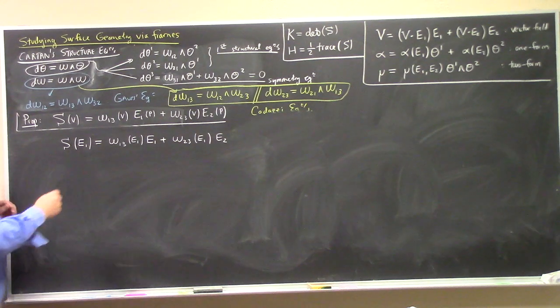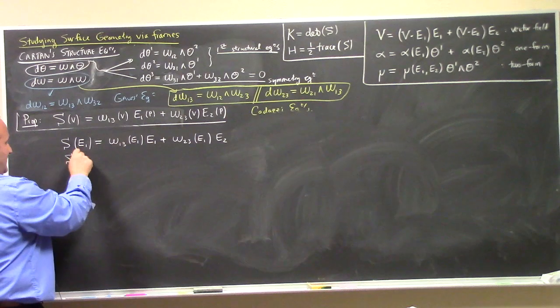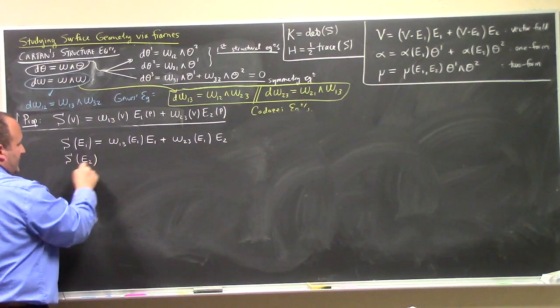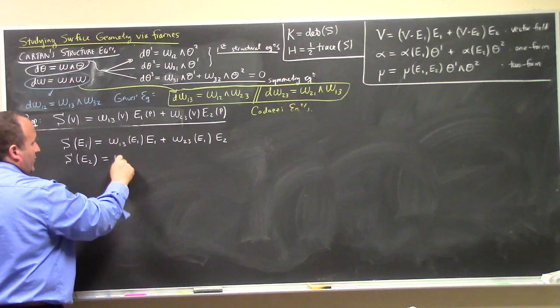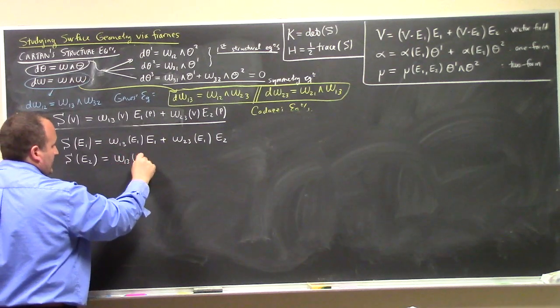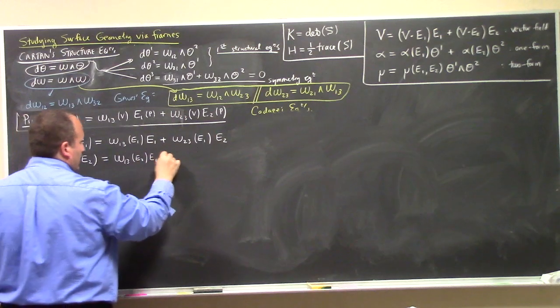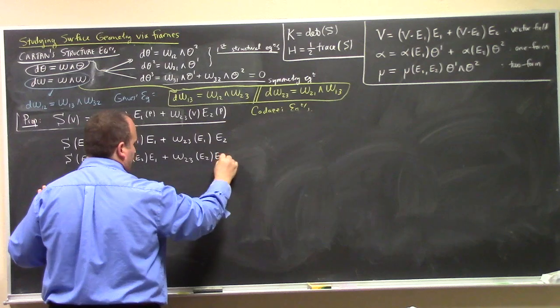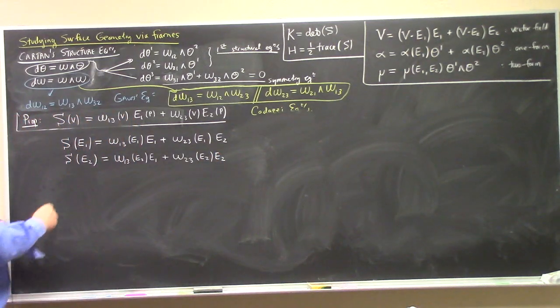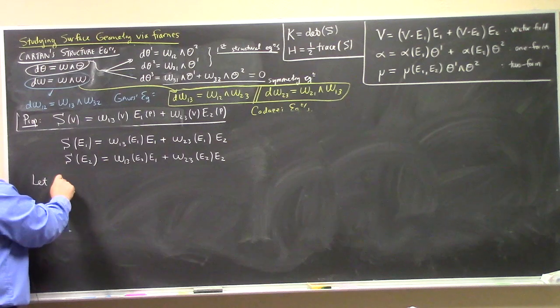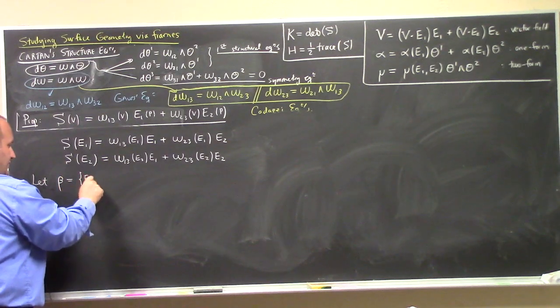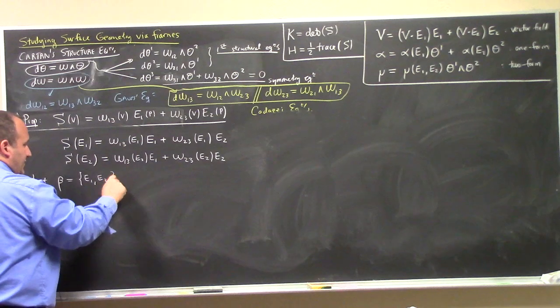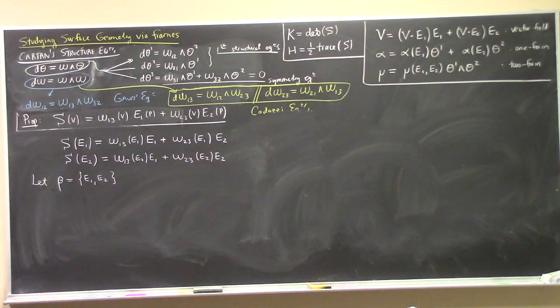Let's see here. S of E2 is omega 1,3 of E2, E1, plus omega 2,3 of E2, E2. All right. So if we let basis beta be E1, E2, right? And so I really do have a specific point in mind. I'm fixing a point, I'm just not writing it. Okay? Then